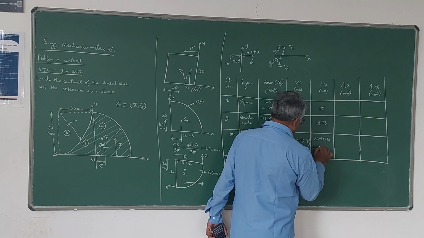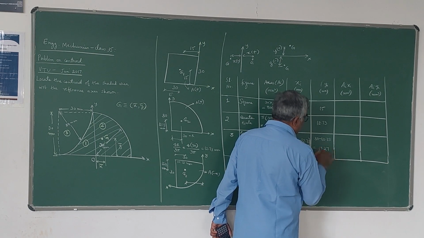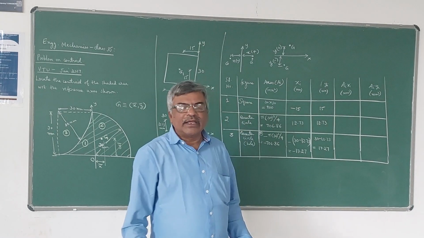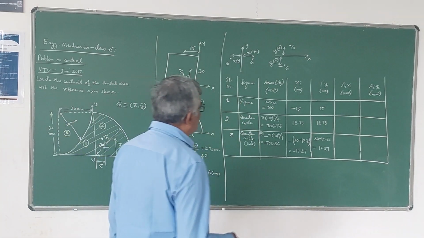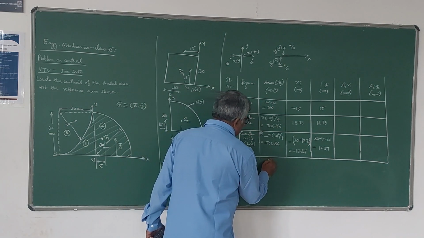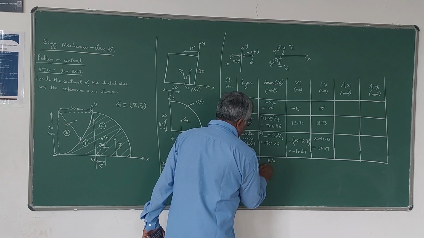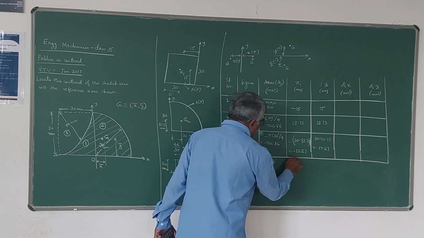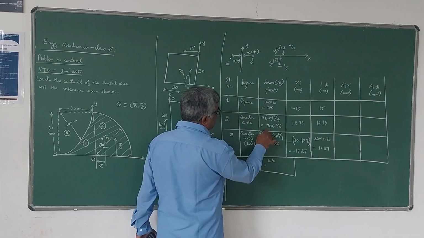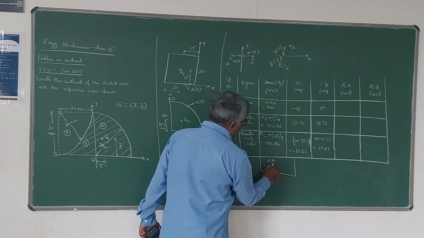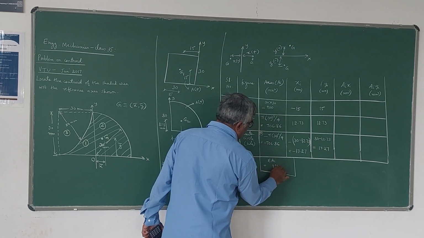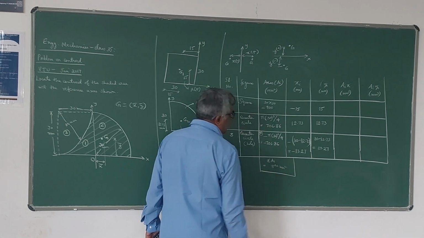So it is 17.27. These are the values of the areas and the x and y distances. Now if you add these three, you will get sigma ai. When you are adding, you can see that this and this will get cancelled because both are the same values. Only 900 you are going to get. So 900 mm square is the sigma ai value.